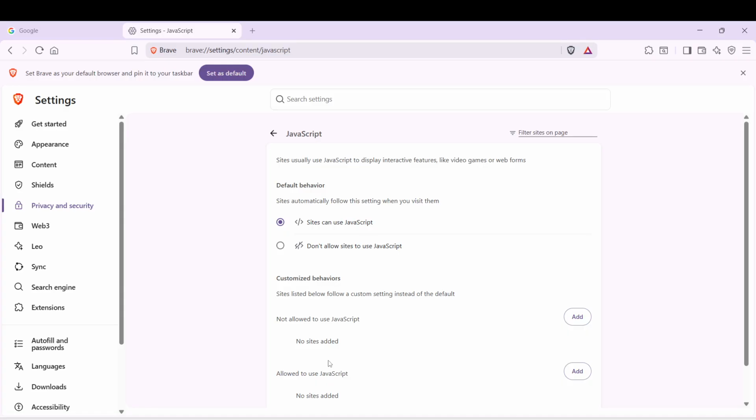After making this change, you can rest assured knowing that your settings are updated. It's always a good idea to periodically check this setting to ensure it remains as you desire. Also, keep in mind that enabling JavaScript can improve your browsing experience by allowing sites to load more dynamically. And there you have it, you've successfully enabled JavaScript in the Brave browser. With this feature turned on, your web experience will be much richer and more engaging.